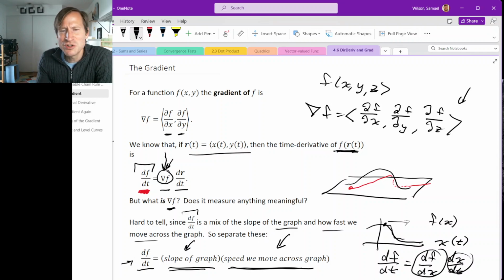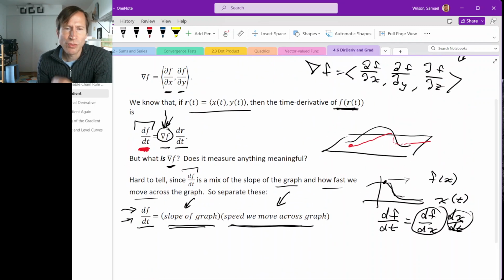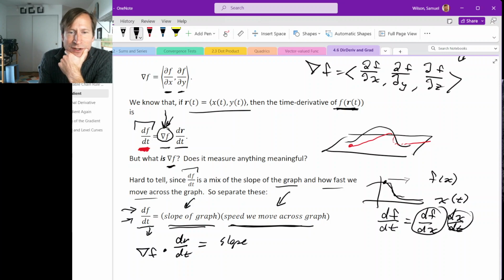In other words, we should take this and divide both sides by the speed that we are moving across the graph. So this df dt is the gradient of f dotted with dr dt. The right-hand side is the slope of the graph times the speed that we're moving across the graph. But the speed that we're moving across the graph is the magnitude of r prime, right? So now if we divide both sides by the magnitude of r prime,